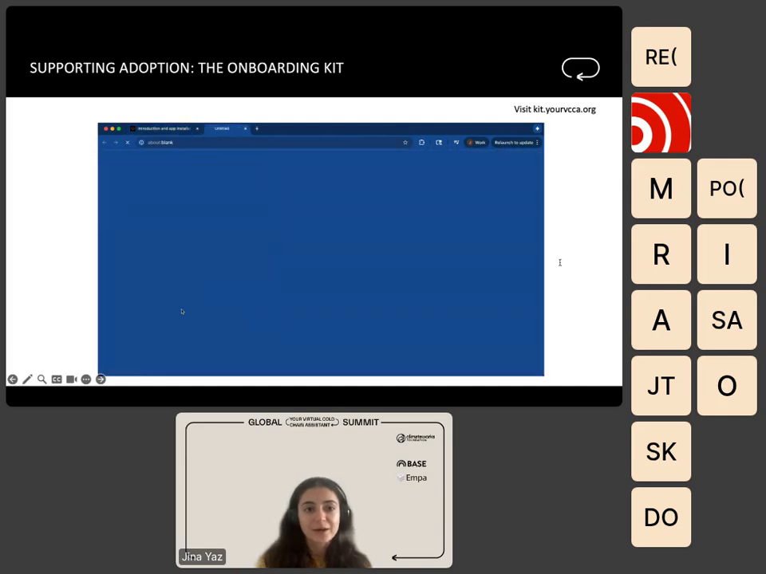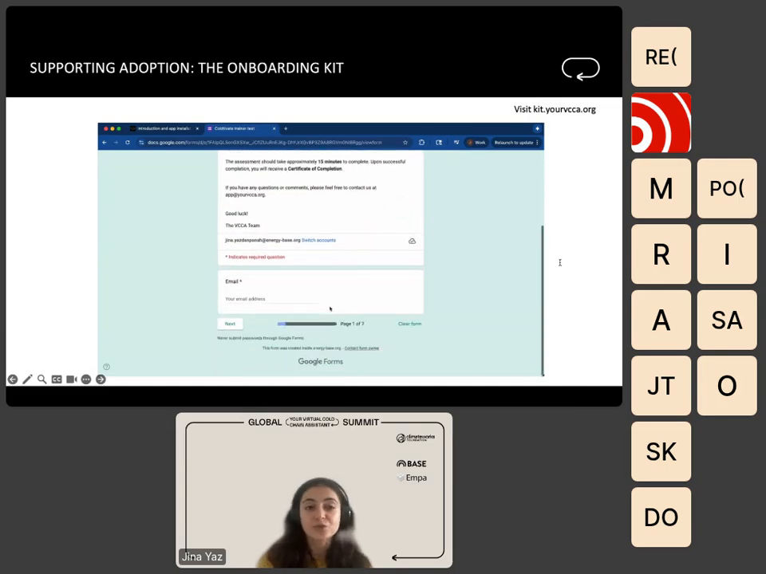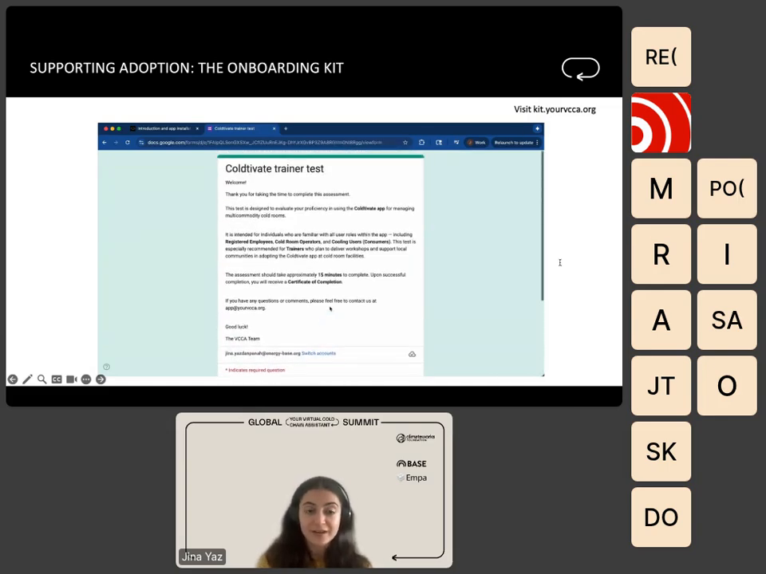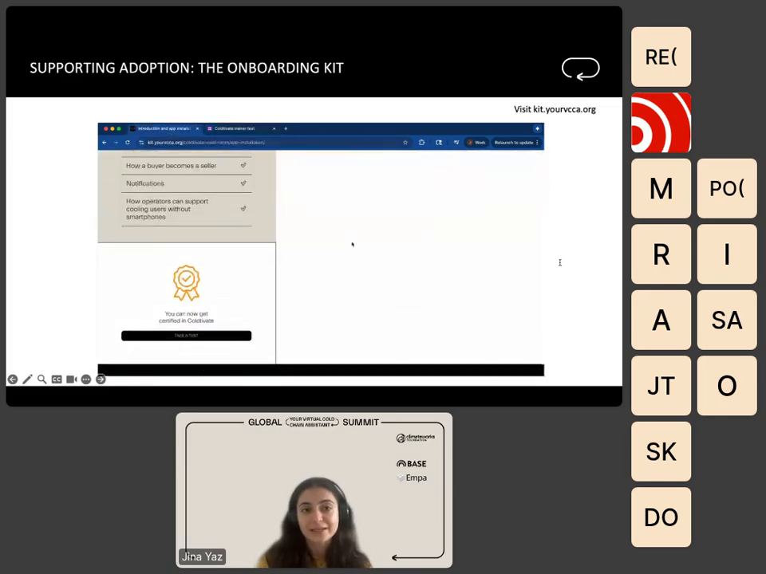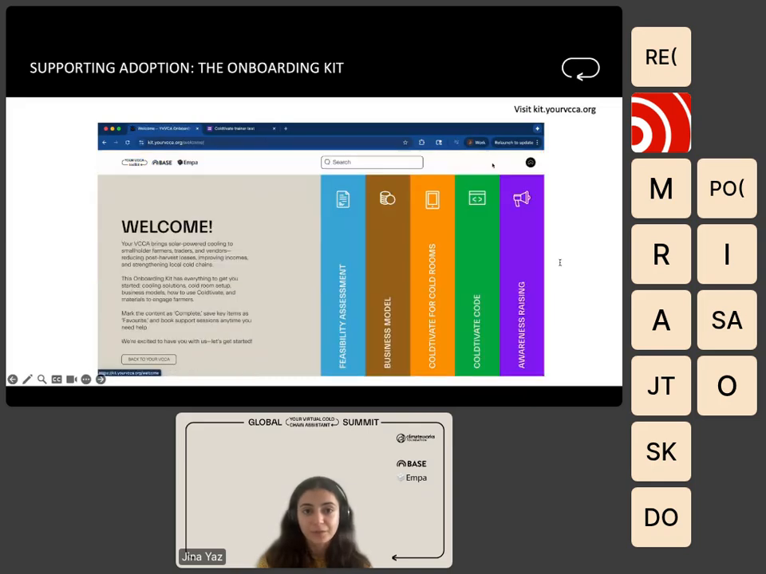Here at the bottom of the screen is where I mentioned we have the training test. So you can move through a Coldtivate Trainers test to get officially certified, which can be used by any of the cooling companies and users that you work with. And the next piece that I want to highlight is that although that's how the model of the Coldtivate section looks and works,